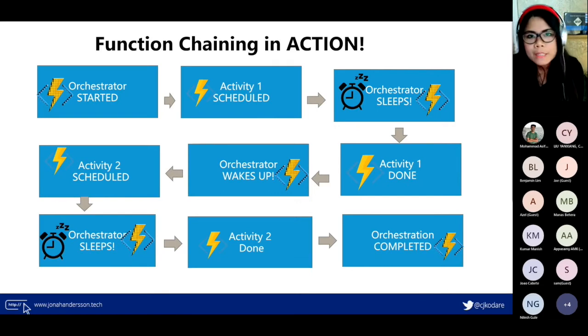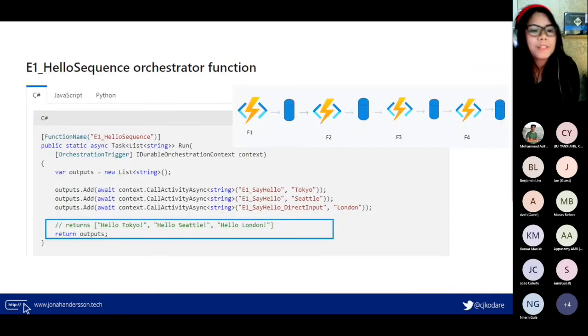If only activity 1 is running, then you only pay for the instance of that activity that's currently working. So that's a good thing about function chaining and durable functions.